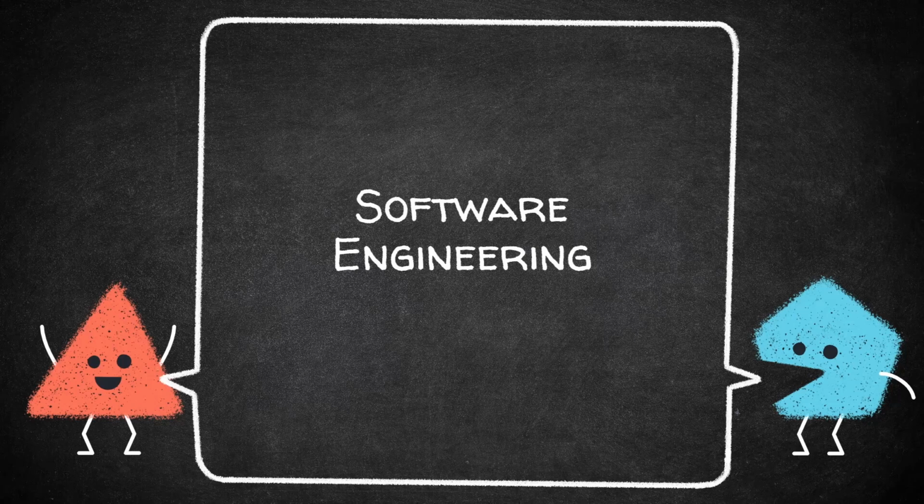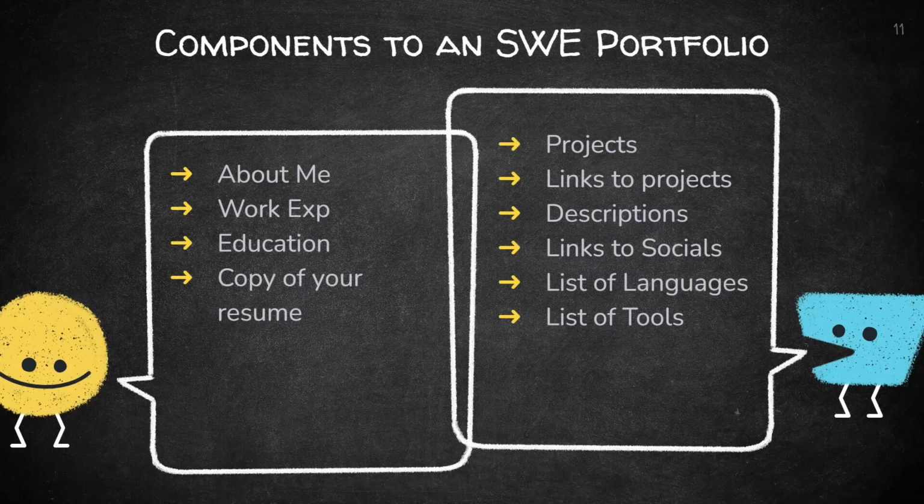So first off, we're going to go specifically into software engineering portfolios. The main components of a software engineering portfolio include, on the left, pretty much your essentials, stuff that you would place on your resume. Your about me, you don't typically see on a resume, but if you're making a portfolio site, it's nice to include what you specialize in, what languages you use, and all of that. Your work experience, education, and maybe a copy of your resume. And then on the right-hand side, this is more stuff specific to